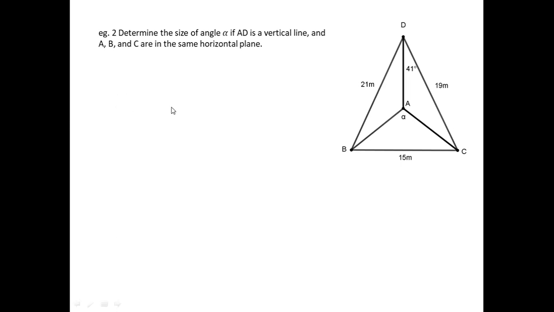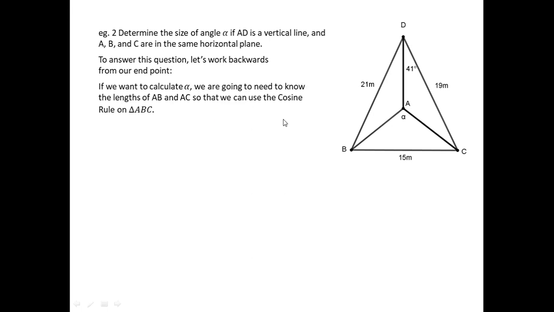We have a vertical pole, vertical line, a horizontal triangle, ABC. We have some information about these various lines and triangles and angles, and we're being asked to work out the size of that angle there. So again, I like to work backwards. If I'm wanting to work out the size of that angle there, then we can calculate the size of that angle if we know what the length of AB and AC are,